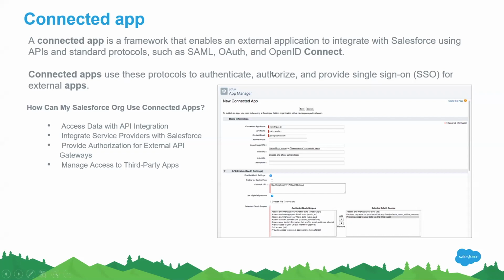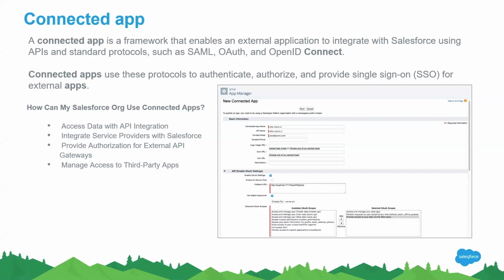So here, if you could see the enable OAuth setting, that's a protocol. OAuth is an authorization protocol. You are enabling that OAuth protocol and you are having the callback URL. Once the API is done, what is a callback URL? And what are the scopes? For example, what are the things that you can access from Salesforce? Some basic information or the entire information. So you can determine what scopes you can access. So these are the settings that you want to provide to the connected app.